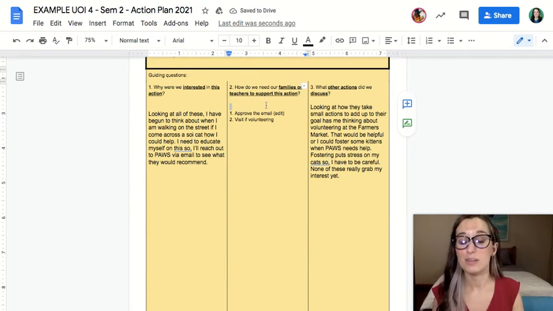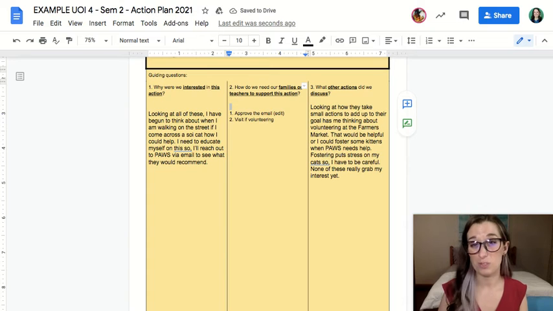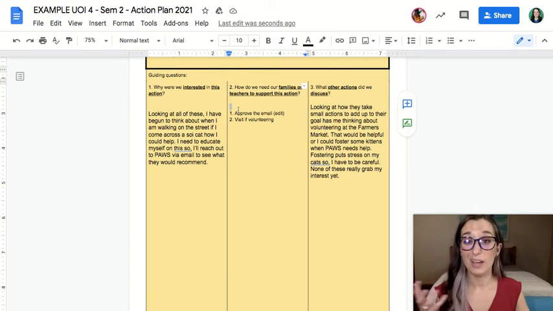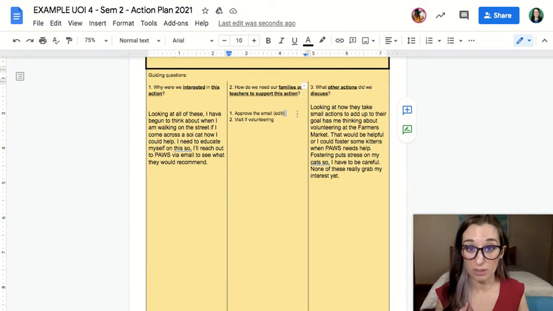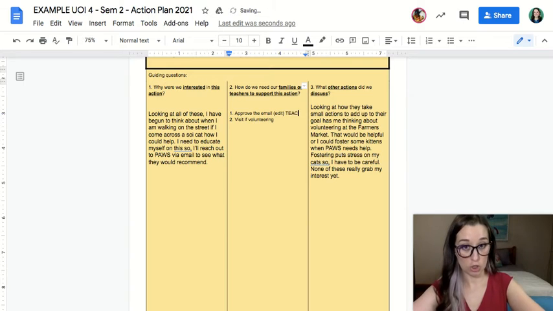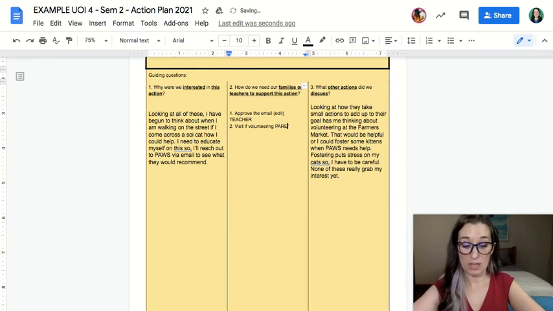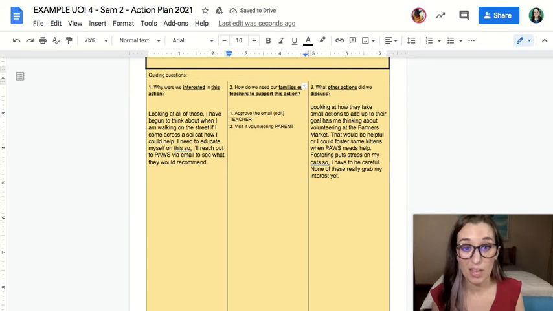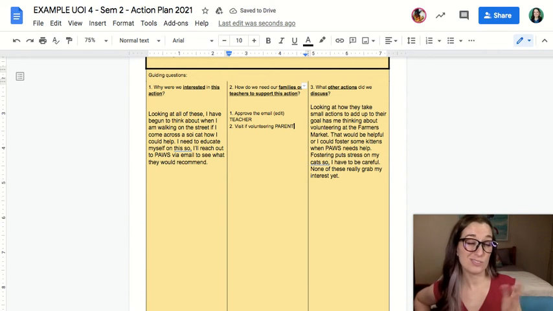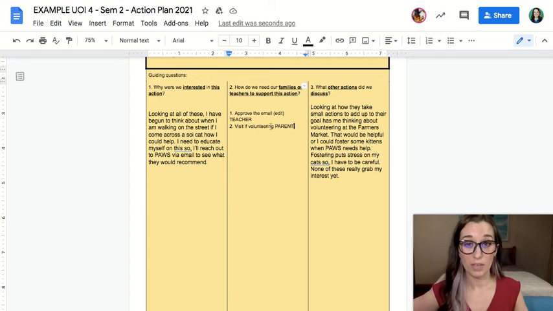And then my number 2 is, what do I need my family support or my teacher support for? So I want my teacher to approve the email. So this is going to be teacher, maybe parent if I need help. And then visit if volunteering. This would be my parent because my teacher can't go with me. And we might not be able to volunteer. So that's just something we have to kind of think about. Once I've answered both of these, 1 and 3, and then I've kind of listed some things I'm going to need,